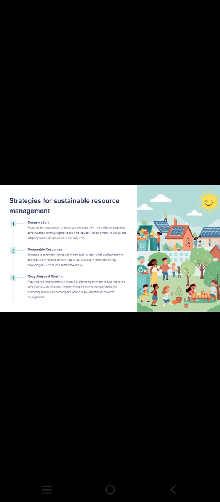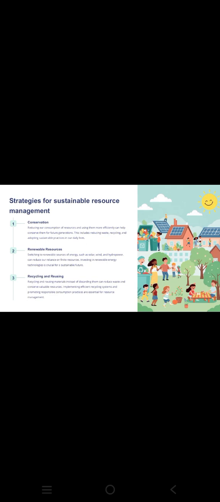Yes, these three factors are very important: reducing waste, recycling, and adopting sustainable practices in daily life. Through these three factors, we can conserve our resources for future generations. Next one is